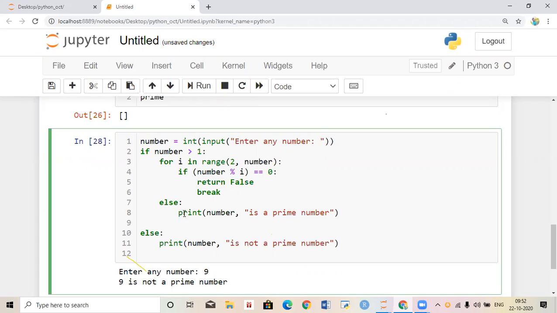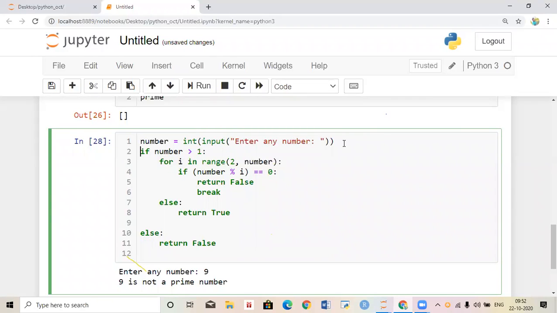And break, else return true. Okay, else return false. Okay, this will be represented in functions.